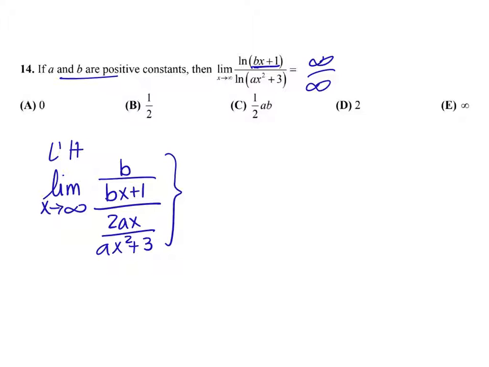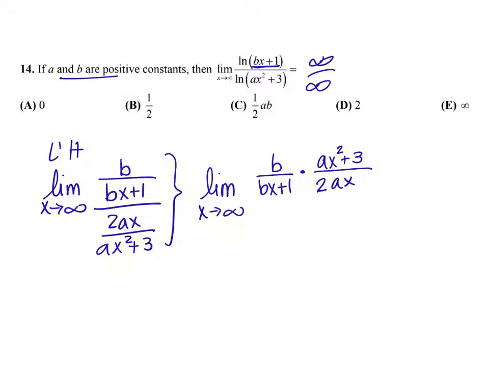Let's simplify that up a little bit. So limit as x approaches infinity, we're going to do our keep, change, and flip. So I'm going to flip over, and that's going to be ax squared plus 3 over 2ax. Nothing's going to cancel. Oh, duty. We're going to have to multiply this out. So we're going to have the limit as x approaches infinity of abx squared plus 3b, all of that over 2abx